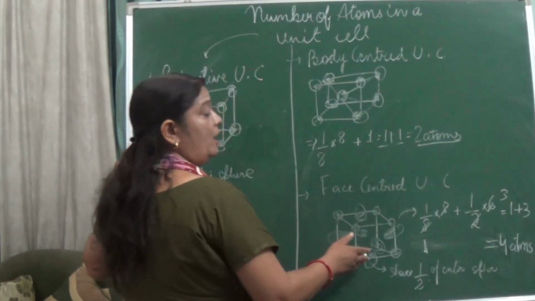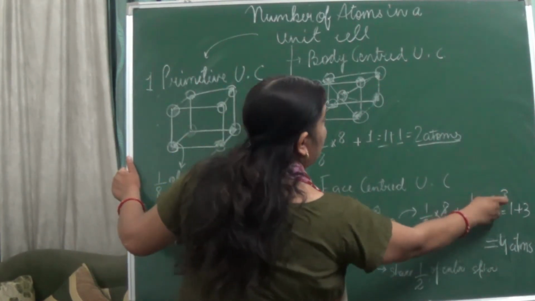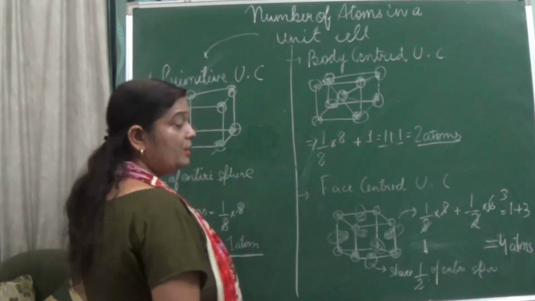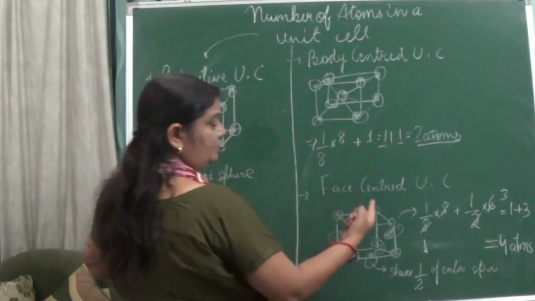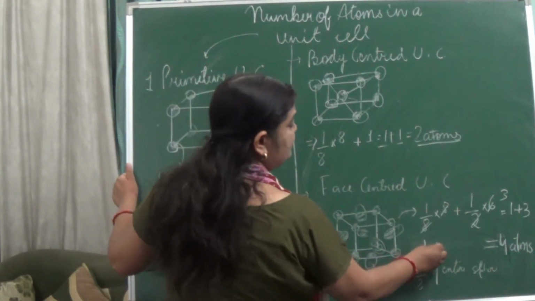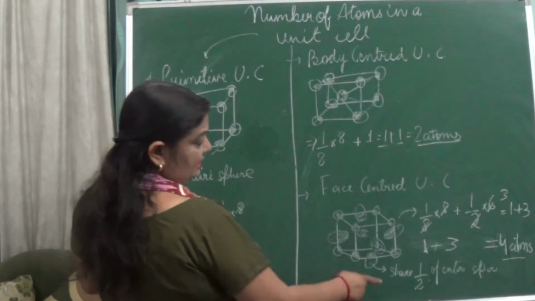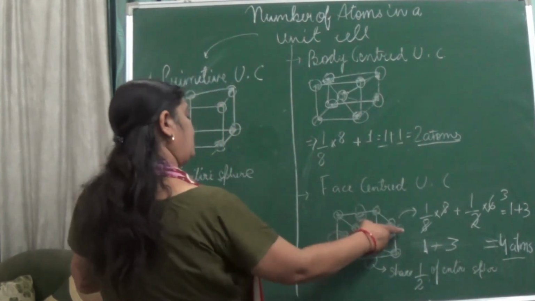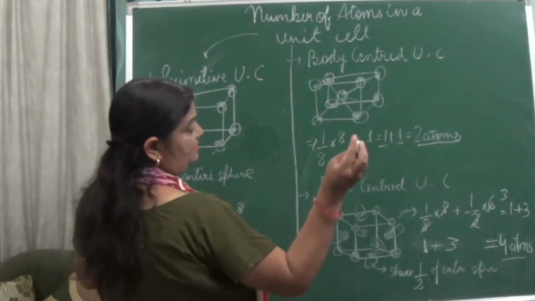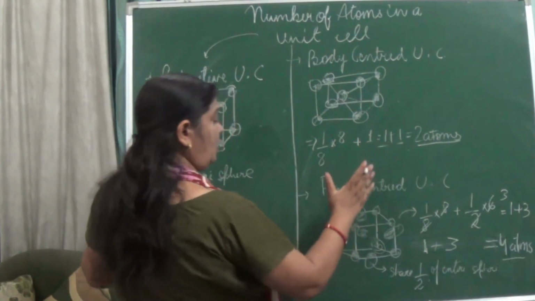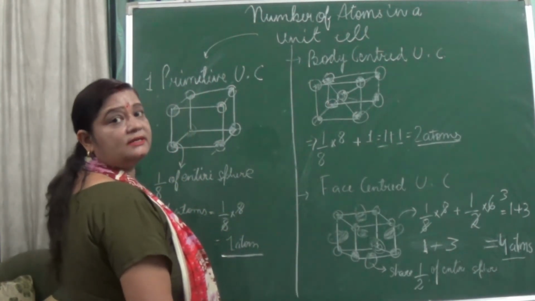So you will have to simplify it. Only half it is, and 6 sides are there. When you simplify it, you get what? 3. So 3 atoms plus 1 from the primitive cell structure. So it becomes 1 plus 3. So it becomes how many? 4 atoms. Here you can see that they share half of the entire sphere. Here also, here also, here also, all the 6 sides. So in the face centered unit cell, the atom consists of only the half portion.